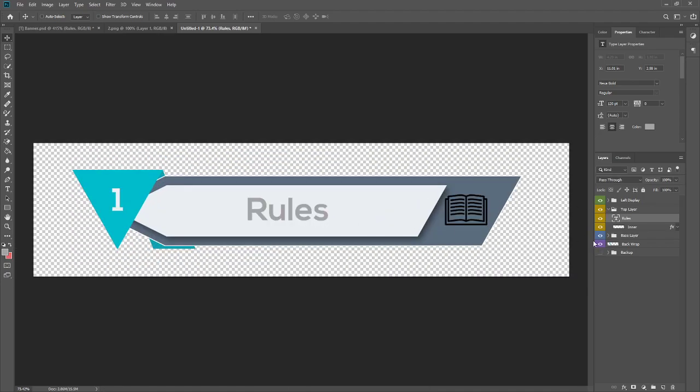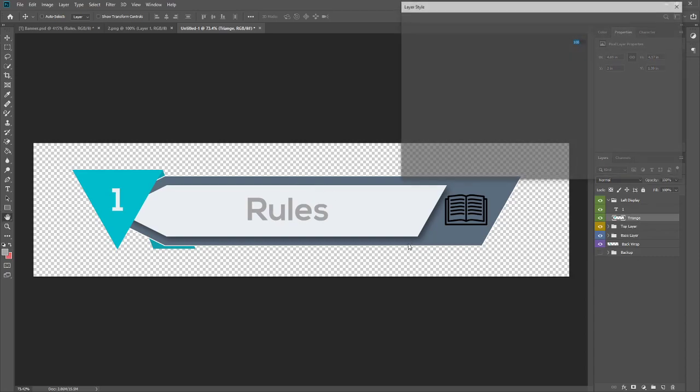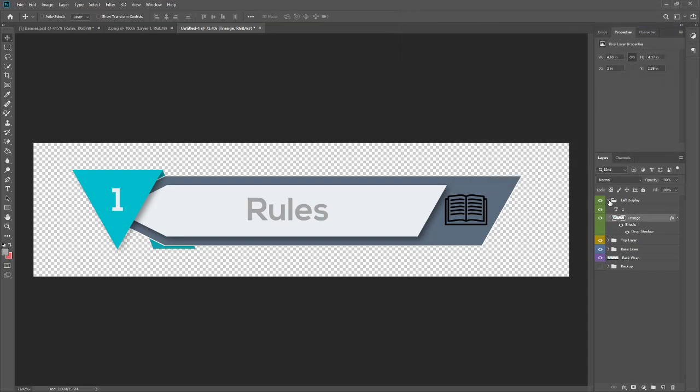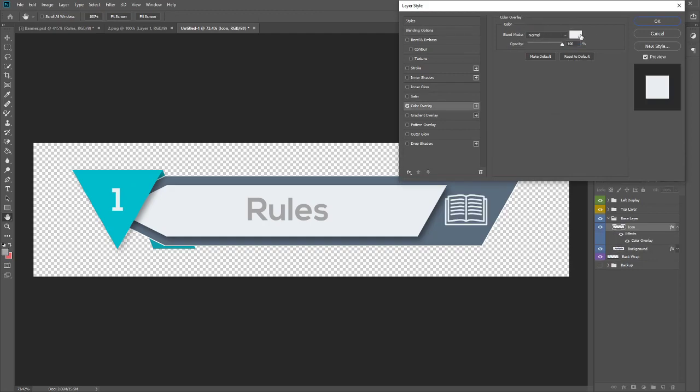Oh, before I forget, that icon over there, this needs a drop shadow too. Let me speed this up. Not actually speed it up because we don't have an editor, but I'll speed up theoretically. That drop shadow works for me. Whatever that setting is, you can pause if you need to see that. And then we're going to edit. You can always make this darker too. That's pretty light. So base, icon. I was going to say just make it the same color as that. That works. You can add a stroke if you want.